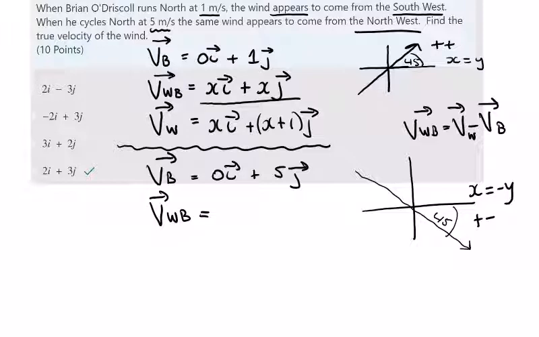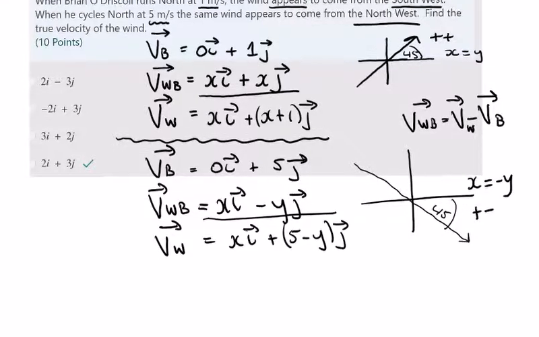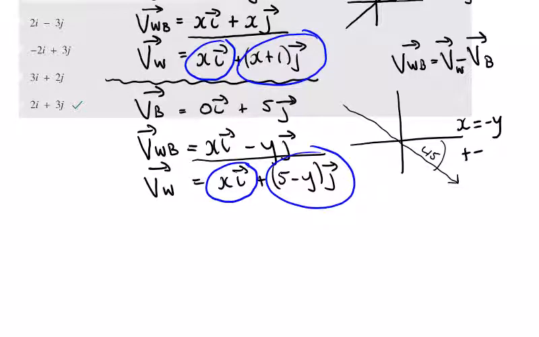So the velocity of the wind relative to Brian is equal to xi minus y in the j direction. So the velocity of the wind is the two added together, x in the i direction plus 5 minus y in the j direction. So I can equate my i's, they are the same, we just have x here, so I've got to solve for x. So here we have x plus 1 has to be equal to, so I put in a y there, I should have 5 minus x, just change it around now, 5 minus x,